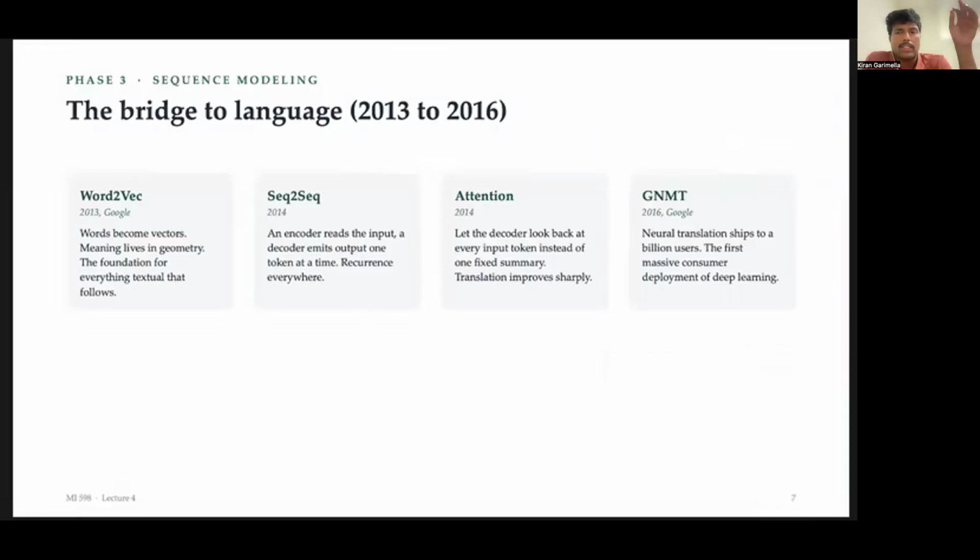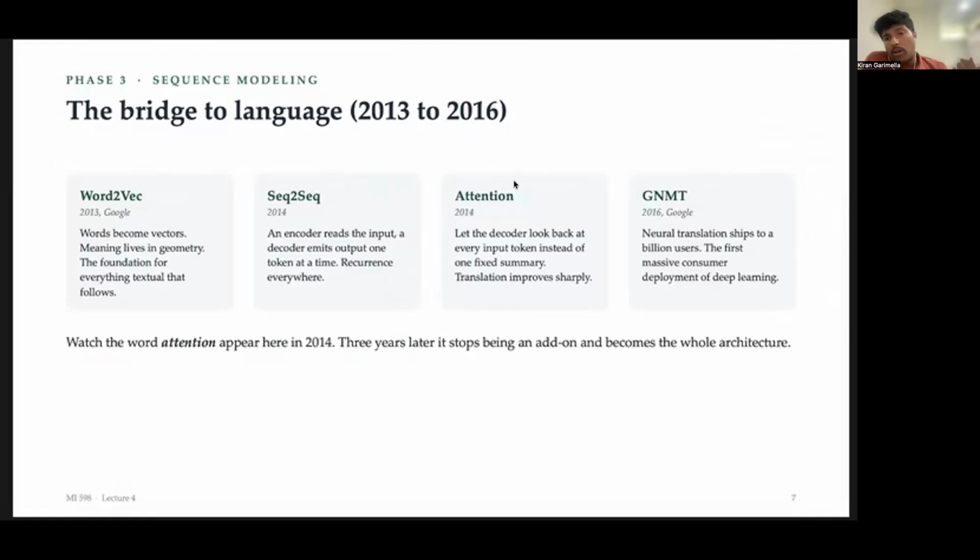And then, okay, in 2016, Google did a lot of work in this space back in the day. This is the Google neural machine translation. Previously, translation used to be on another kind of technology, but in 2016, they deployed this neural translation to billions of users, and it was one of the first massive deployments of deep learning. Actually, Chinese companies like Baidu had done search re-ranking using neural models even earlier. But anyway, Google is the one that we know of.